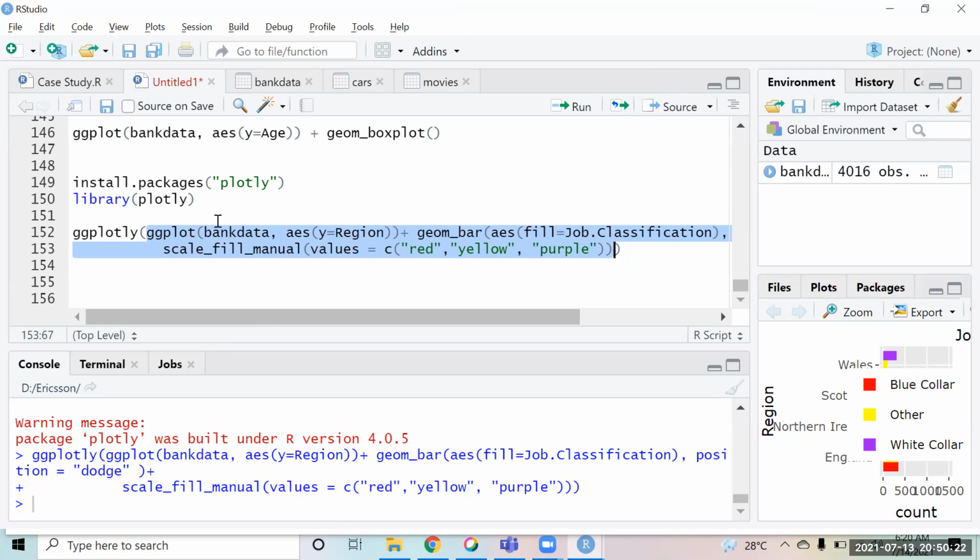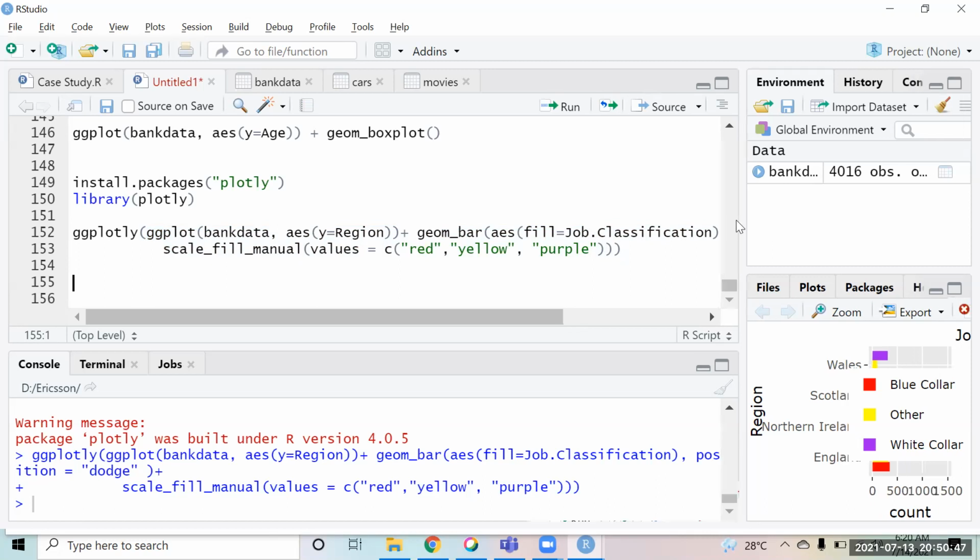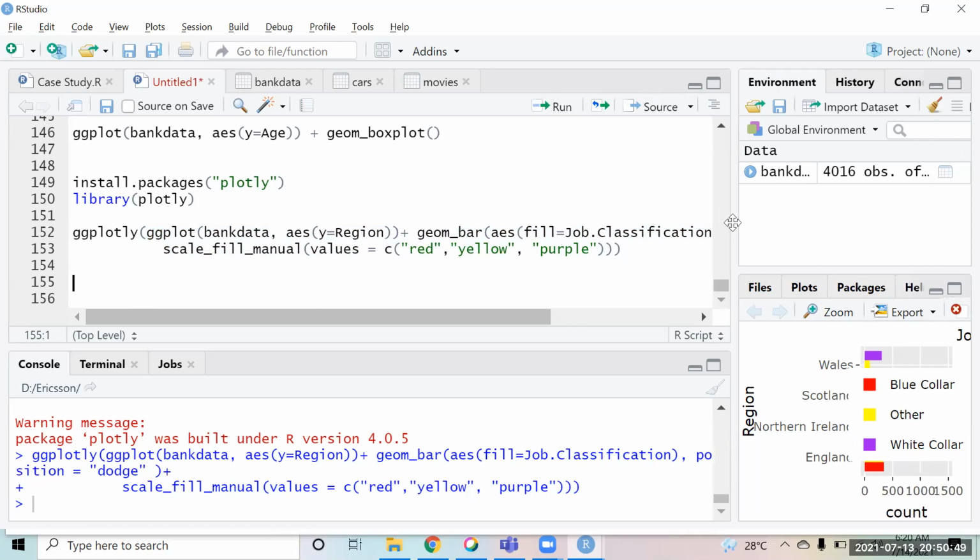Is it a sub package of ggplot, this Plotly? The package is different only. Just that we can embed all the charts that we did inside this package to get that interactiveness. Yeah, but you can say it is mostly derived from ggplot only. Somewhere the features and functionalities come from that package.